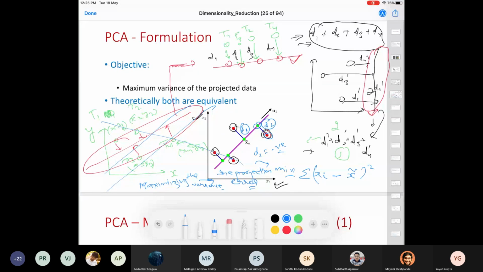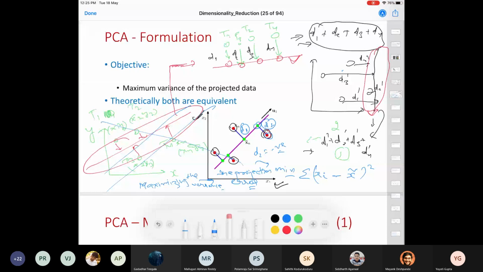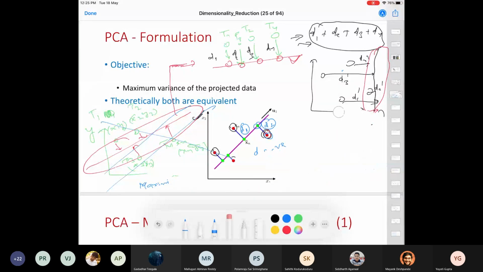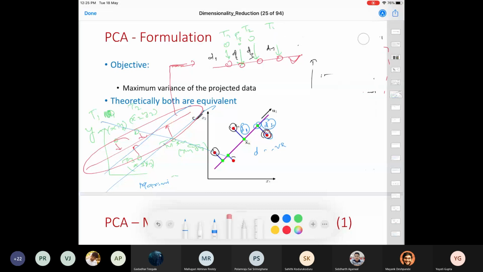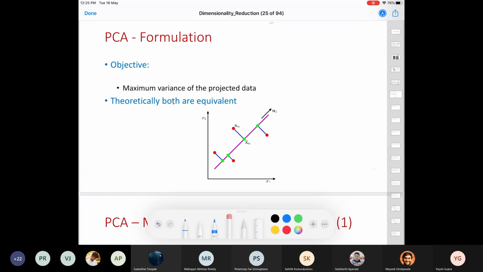You can visualize it in this way. Let me rub this out here, give me a second, please. I'll redraw these examples again so that you will have a better understanding. What I've just claimed is, if you minimize the projection error, that is equivalent to maximizing the variance. Okay. And can you tell me what variance is?